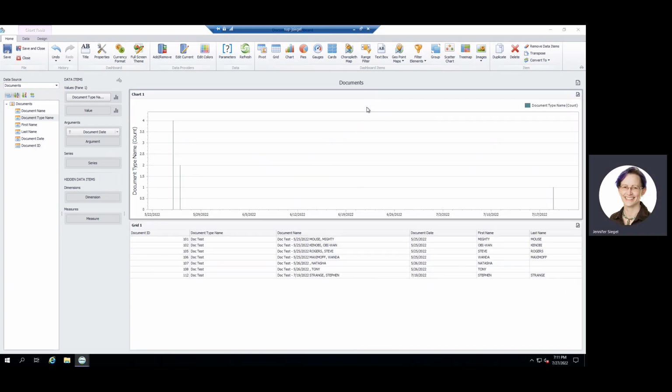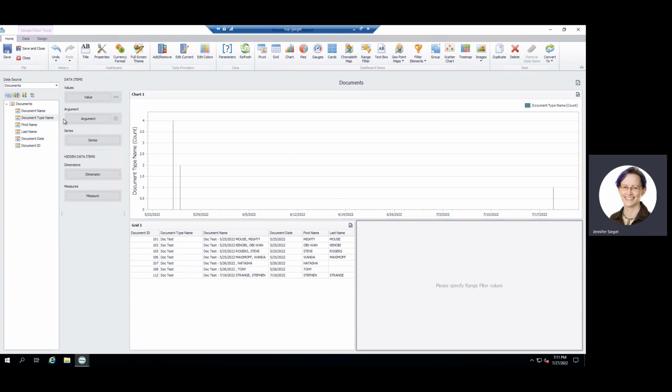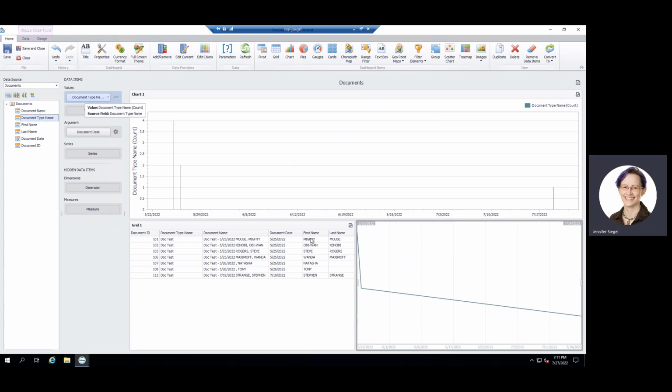Move this around. If I want, I can put in a pinch bar, range filter. Okay, and I'm going to do document date, exact date, and document name.